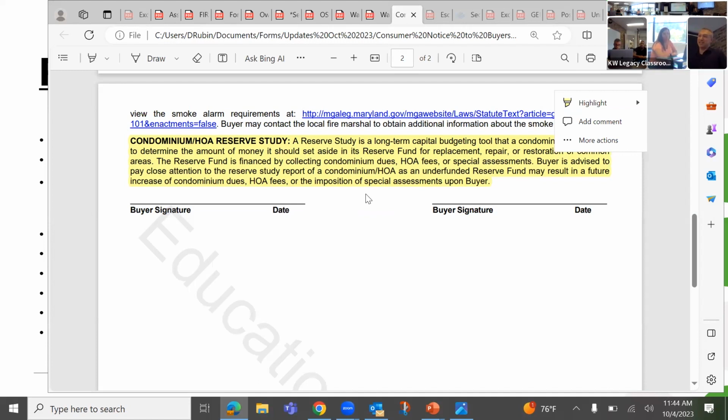So then the question is, if the seller knows there's a special assessment coming down the pike, do they have to disclose it? I think the MAR attorneys strongly implied the answer is yes, for their own risk mitigation. And as a realtor, if you learn that, guess what? That is a material fact that you need to disclose to protect your license. So it's a great question. I think it's going to make life a little bit challenging.